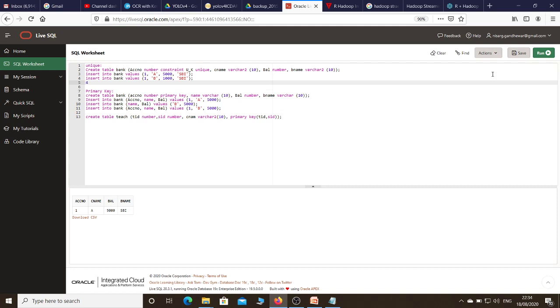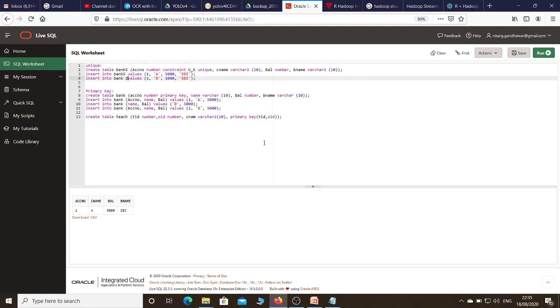Now see here, I will demonstrate the unique constraint. Here I am going to create a table. Again I need to provide a different name. I think I need to provide the name bank 5, because we have already created tables with the same names. So here I am creating table bank 5, where a unique constraint is applied on the account number attribute. Let's try to execute this. So I have created table bank 5 with a unique constraint on account number. That means it should not accept a duplicate value.